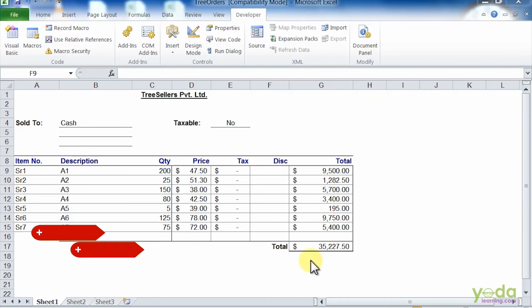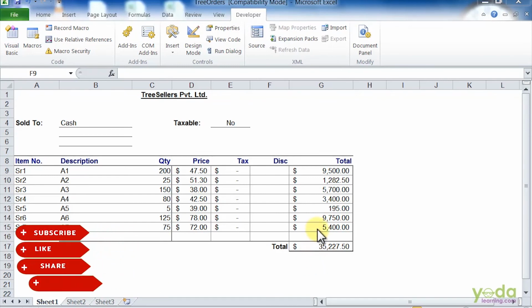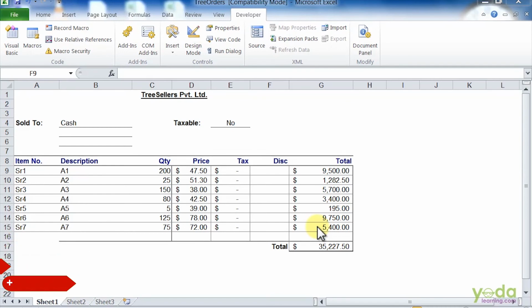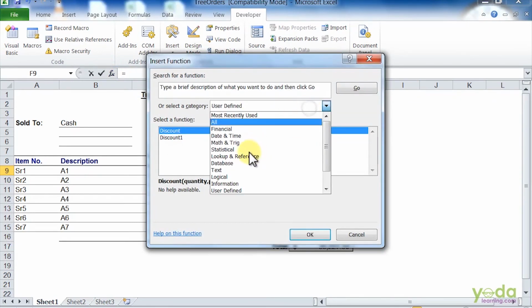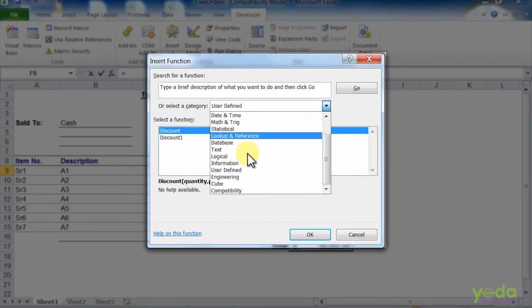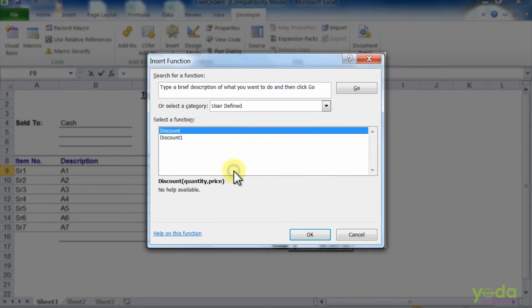Hello. You can also use the function that you created in VBA as a normal Excel built-in function once written in the module. I will guide you step by step, keeping it short and precise so that it is easy for you to practice this. You can find the functions list in the functions wizard. So here is my functions wizard. So here there is a list of categories. I will select the category that is user defined, where I have the list of functions that I created in the VBA. Now close the wizard.